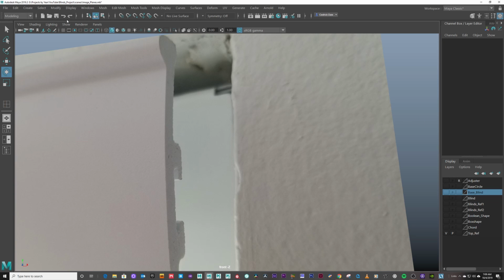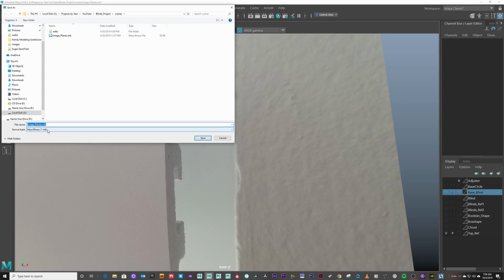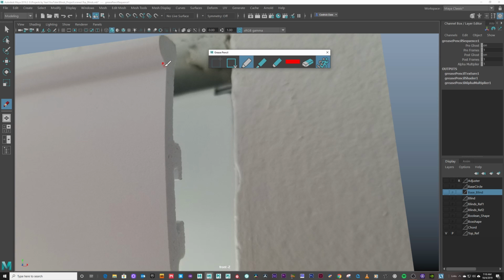You know what? Now would be a great time to save. File, save scene as, and let's call it top underscore blinds. Okay, so let's use this grease pencil tool. All right, what's happening is it's putting things on layers that shouldn't be. I don't know why I would ever put that on there. So